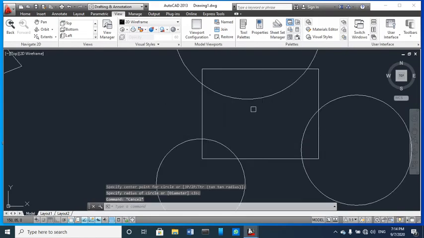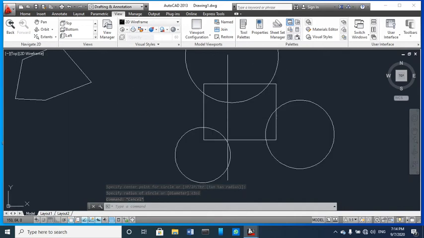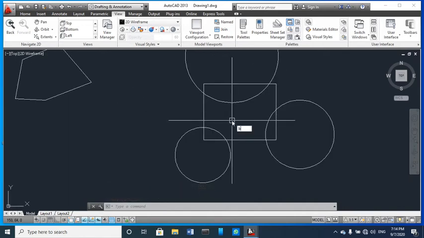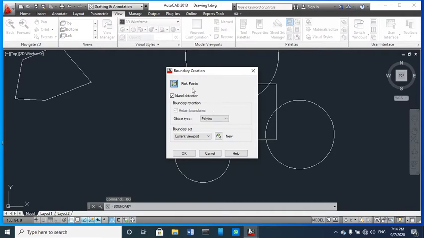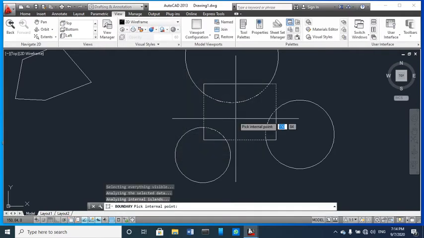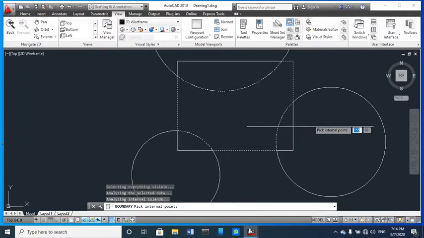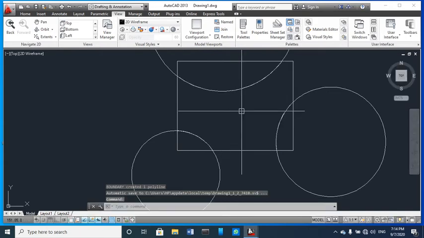Now if you want to calculate this area, then you just type simple BO for boundary and then pick a point here. So you can see all these points have been selected and then enter.